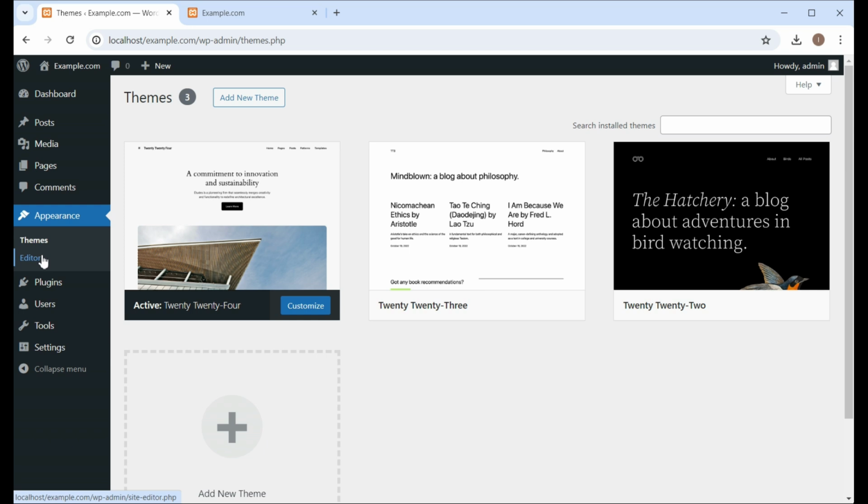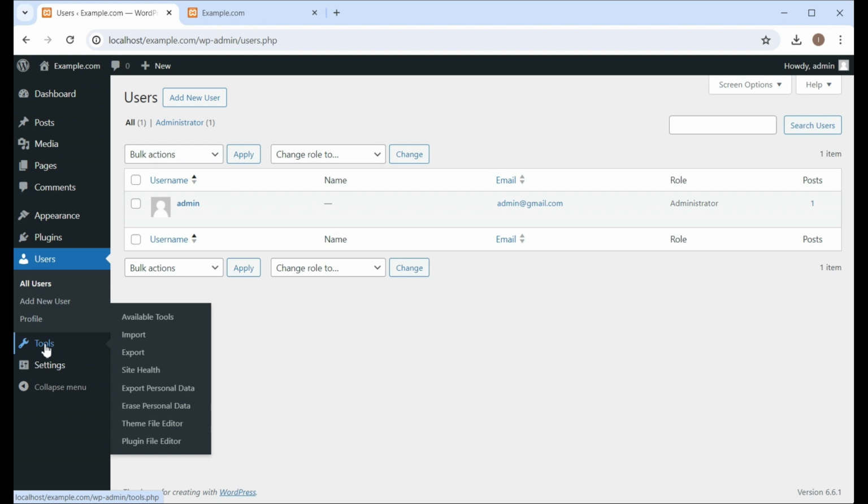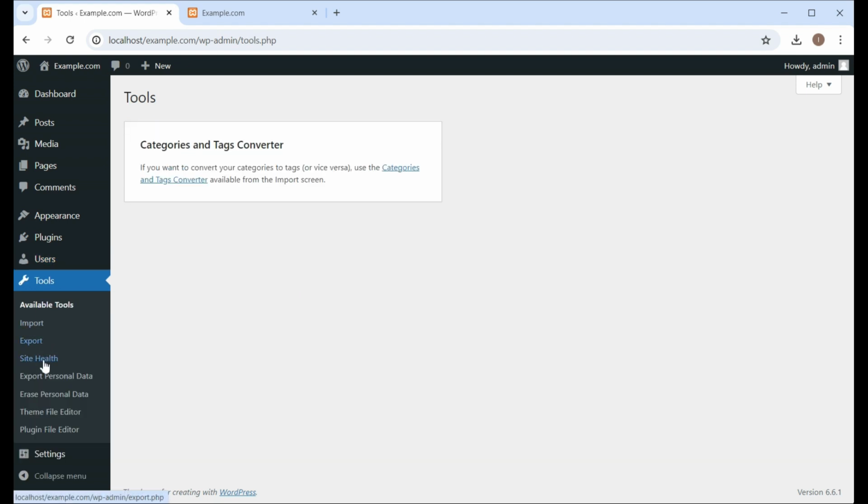You can see all of those items now are under appearance in the main menu. If I click on users, here are the sub menus, and now these sub menus are under the user menu in the main menu. Similarly, in tools, you can see all these options in the main menu.